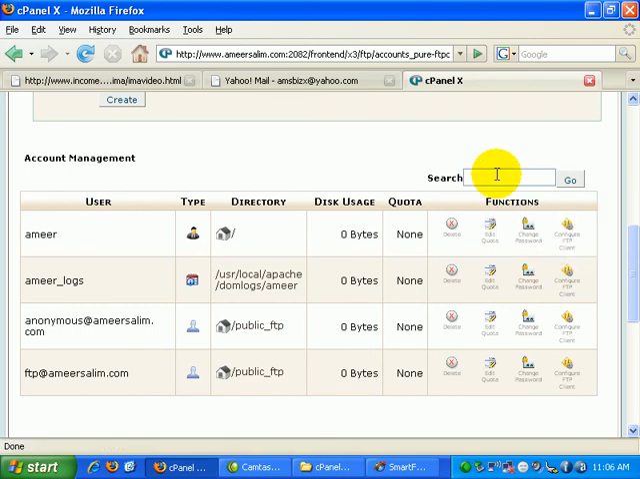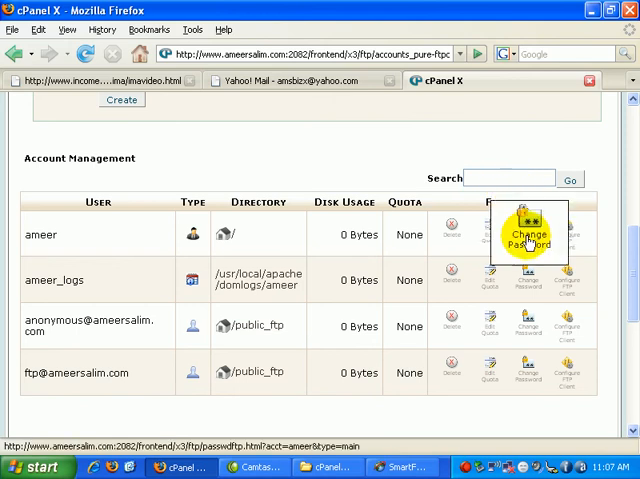And if you remember in the first video, I told you that if you want to change the password of your cPanel account, it will also affect your default FTP password. So let's see if I want to change this password. Remember, this is a default FTP account. If I click here, change password,